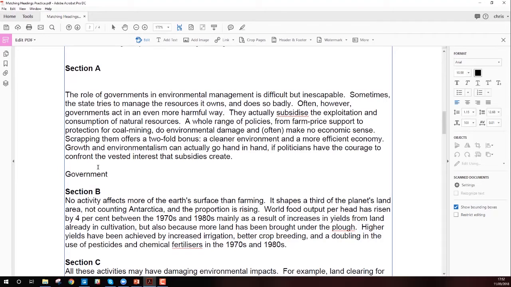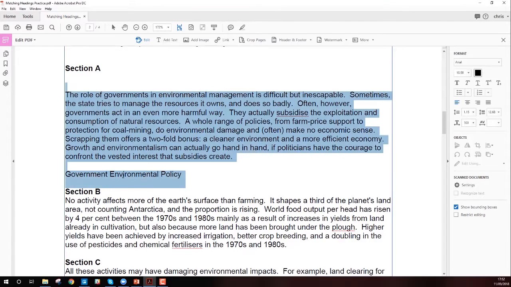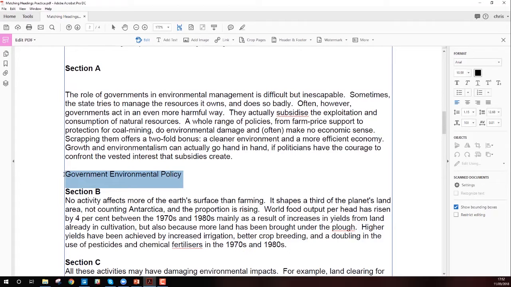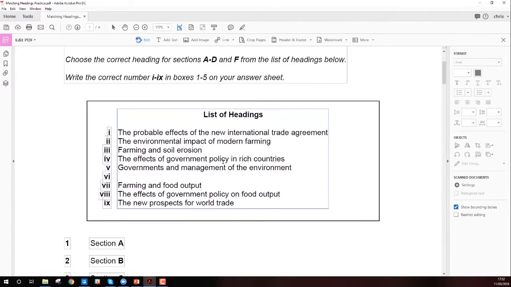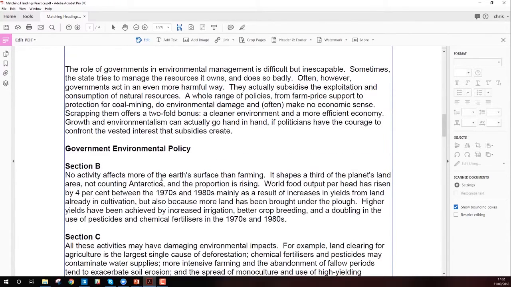Government policy, government environmental policy. That is my heading. Okay, so I'm not going to go back up. I'm not going to check it. Okay, I'm just going to keep going. All right, so